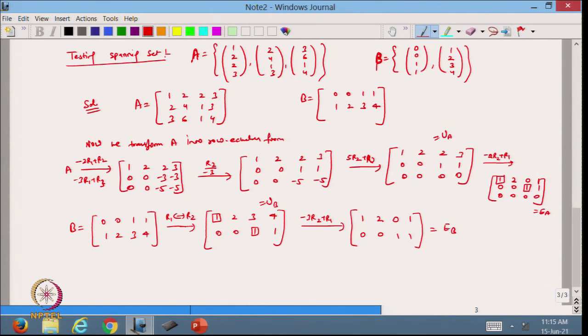Now, from here you can check that these are the non-zero rows corresponding to each matrix: 1 2 0 1 0 0 1 1. So, in this case you can check that the